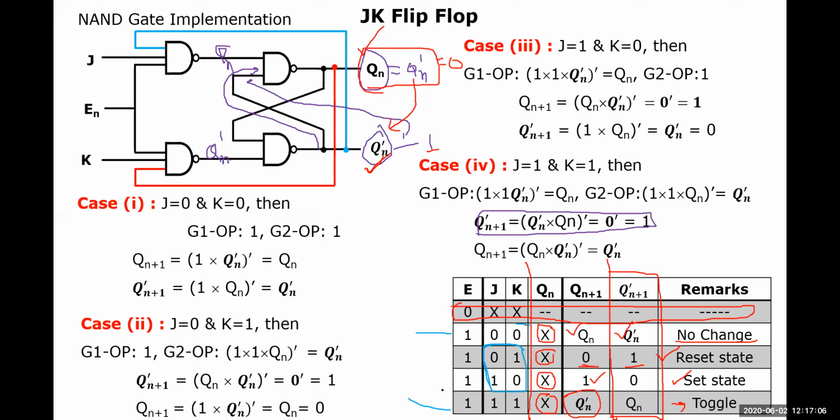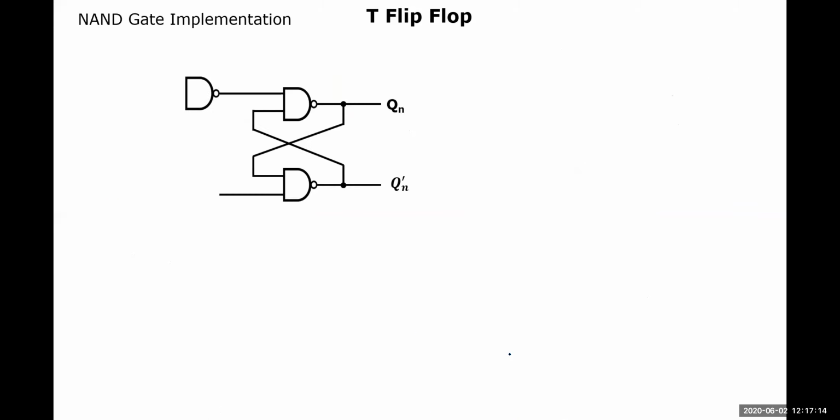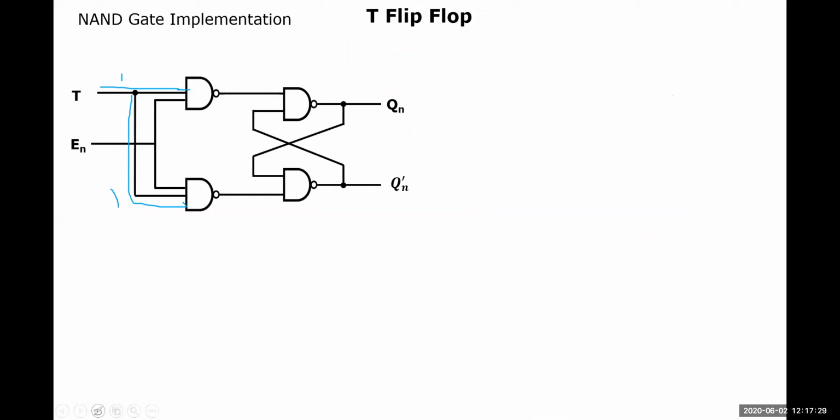If these two conditions only will be implemented, on elimination of 0,1 and 1,0, then you could get the T flip-flop. So T will be directly connected. If you pass 1 here, obviously the second gate will also take 1. If you pass 0 here, the second gate will also take 0. So you may take the possibilities as either 0,0 or 1,1.